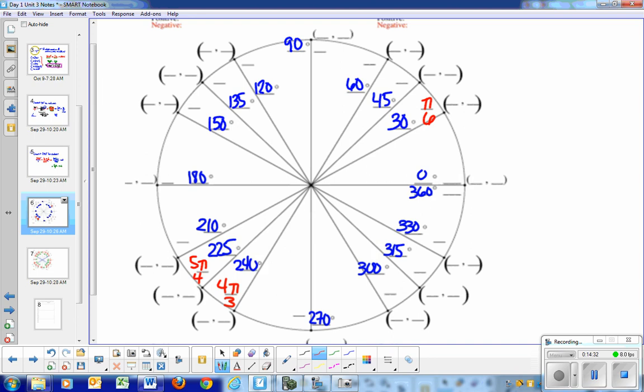All the things in the 30-degree family, or the 30-degree bow tie, have 6s on the bottom. So that would be these guys. The one to the right is 1 pi over 6. This is 5 pi over 6. This is 7 pi over 6. And this one over here is 11 pi over 6. Now, you can get these by actually doing the conversion like we did in the examples. I'm just telling you because I happen to have it memorized, as you will